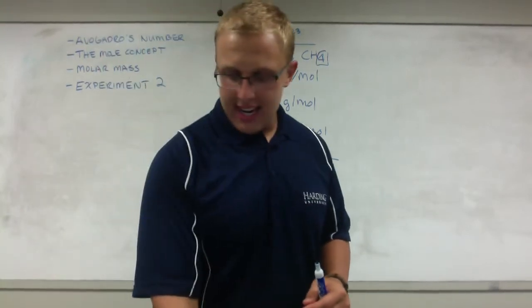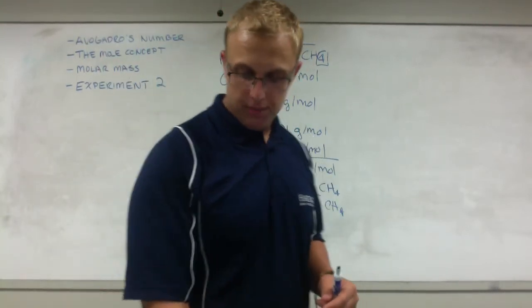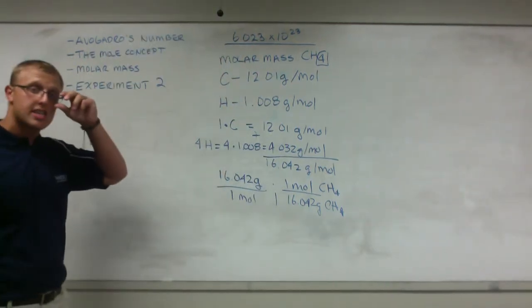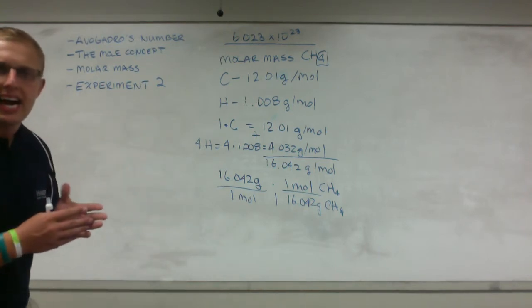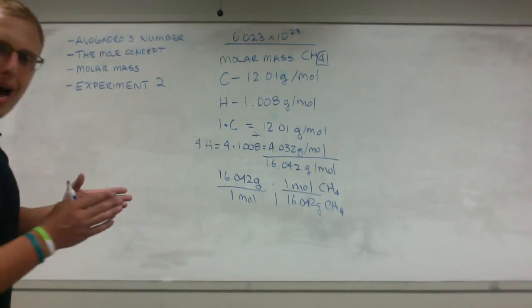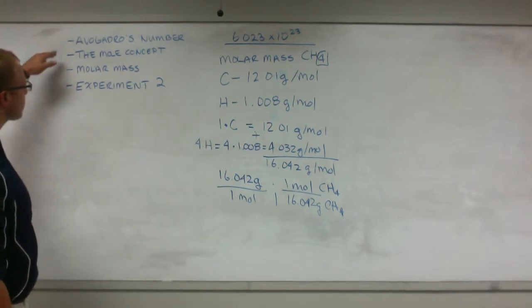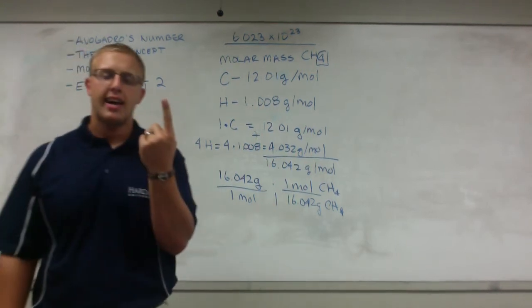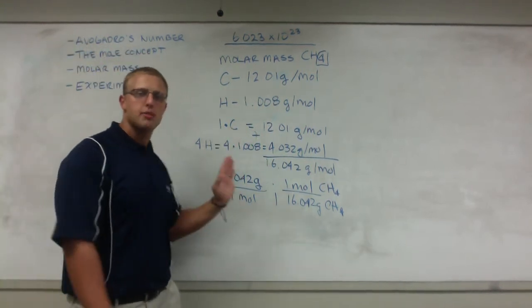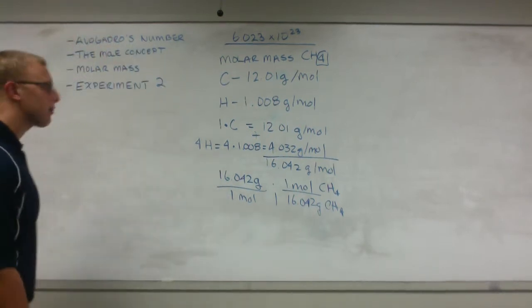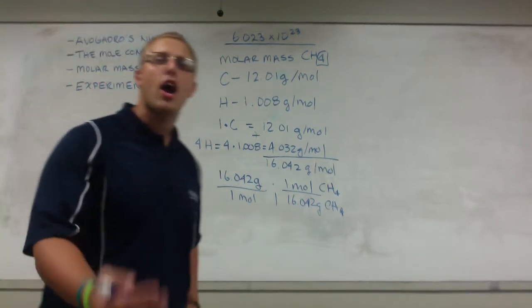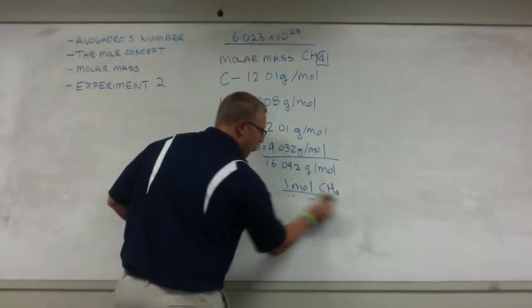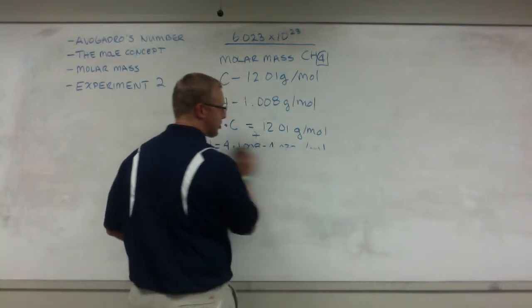We're going to go walk through experiment 2. So now we've talked about Avogadro's number. We've talked about the mole concept, how the mole is intrinsically related to Avogadro's number. It is a unit describing the number. We've talked about molar mass, how we get each individual elemental molar mass, and now we've just talked about molecular molar mass. Well, now we're going to talk about experiment 2. What's its purpose? Why are we doing it? Well, experiment 2 demonstrates to you, the student, why moles are so important and how it demonstrates things in our